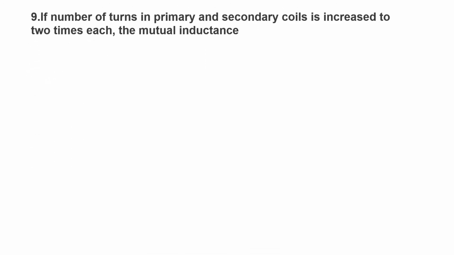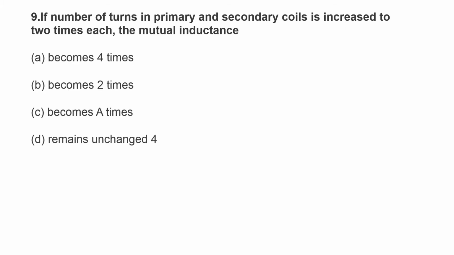Ninth question. If the number of turns in the primary and secondary coils is increased to 2 times each, the mutual inductance: options are A becomes 4 times, option B becomes 2 times, option C becomes 8 times, option D remains unchanged. Here, if the number of turns in primary and secondary coils is increased to 2 times each, the mutual inductance, you know the mutual